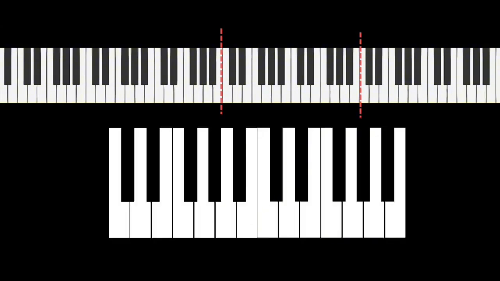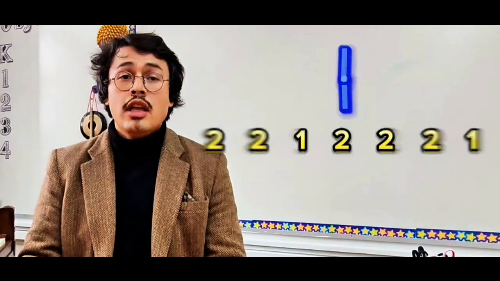Now we count how many tones and semitones it takes to go from one white key to the next one. We're only going to count semitones to make it easy. This is our starting pitch and we start from here. 1, 2, 1, 2, 1, 1, 2, 1, 2, 1, 2, 1. Now that we've done that,